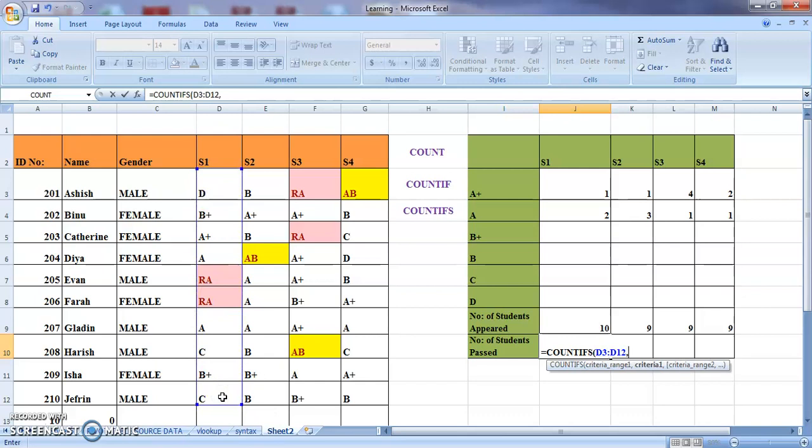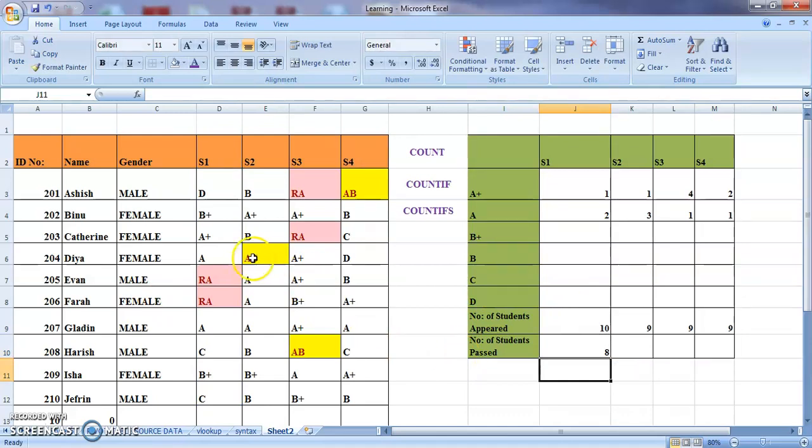Comma, whatever condition we specified in the previous formula, the same thing: not equal to Reappear, in double quotes. Comma, again select the same range, and it should not be, comma, don't forget that, within double quotes Absent. You have to include the greater than and less than sign, that means not equal to. Now close the bracket and press enter.